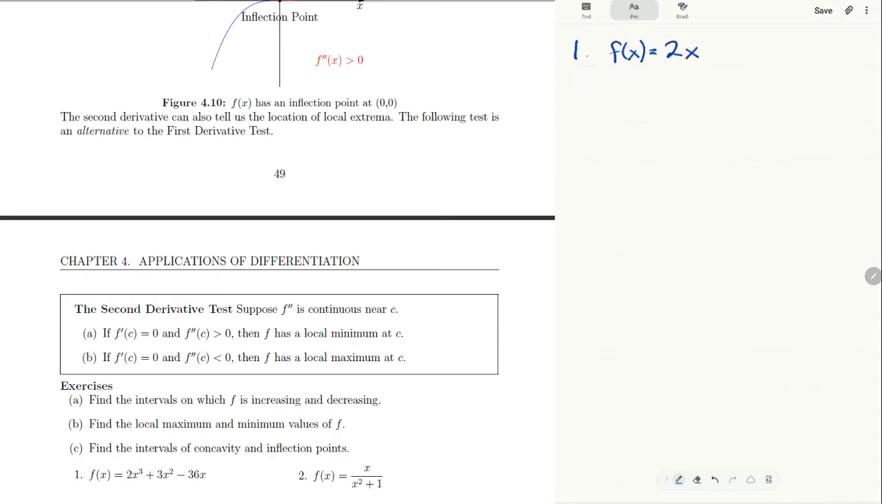So in the first example, we have f of x is 2x cubed plus 3x squared minus 36x. So let's first find the intervals of increasing and decreasing. So here we'll use the increasing decreasing test. So what we need to test is the sign of the first derivative. So we'll first calculate f prime of x. Using the power rule, this is 6x squared plus 6x minus 36. And we can simplify this